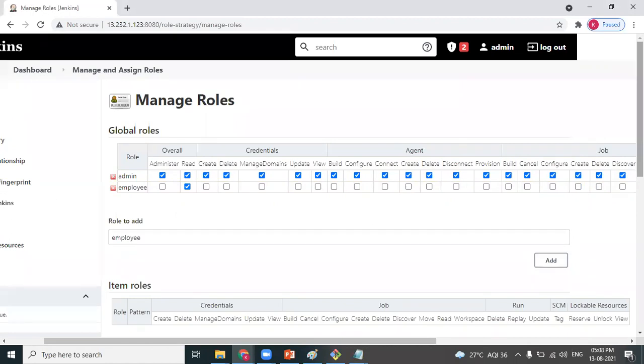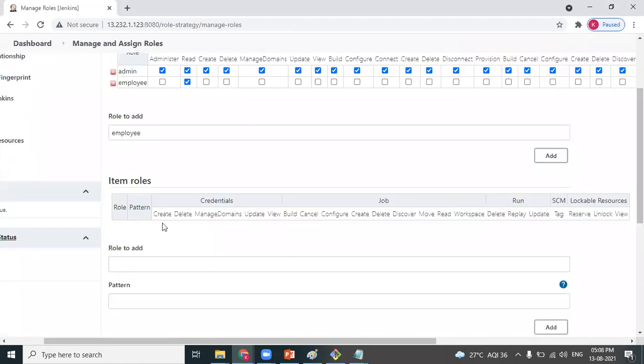Coming to item roles, right now by default there are no item roles. A very important point you need to keep in mind is that item roles will have a pattern. I'll be creating two item roles.